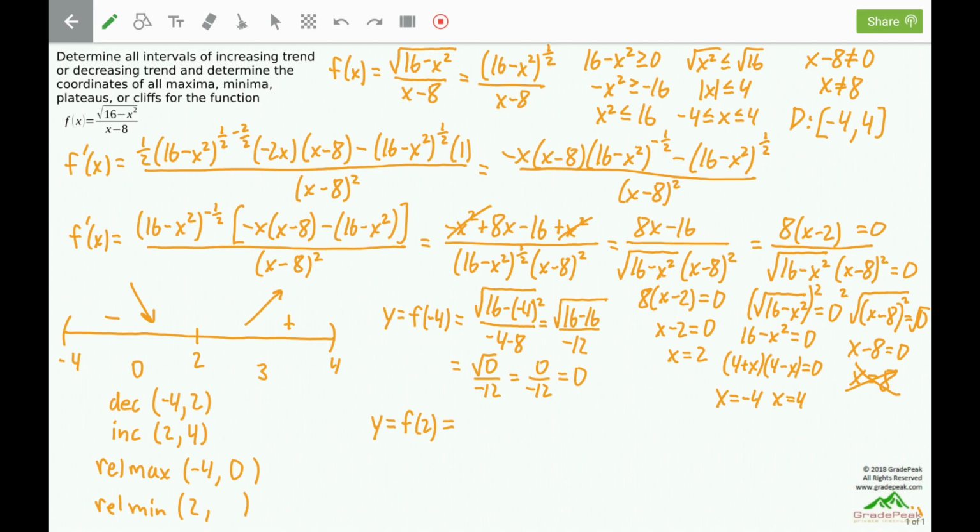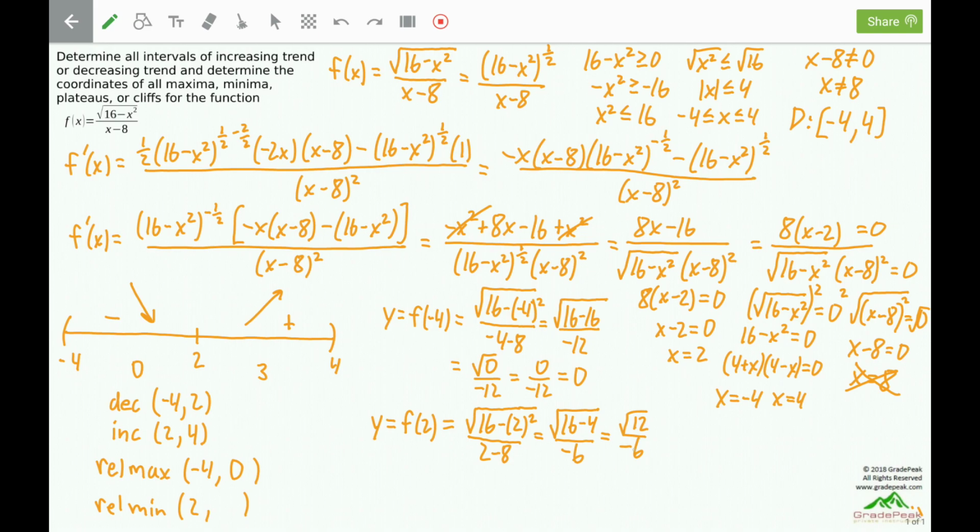And that will be the square root of 16 minus 2 squared divided by 2 minus 8, which is the square root of 16 minus 2 squared is 4. And then 2 minus 8 is a -6. So this will be the square root of 12